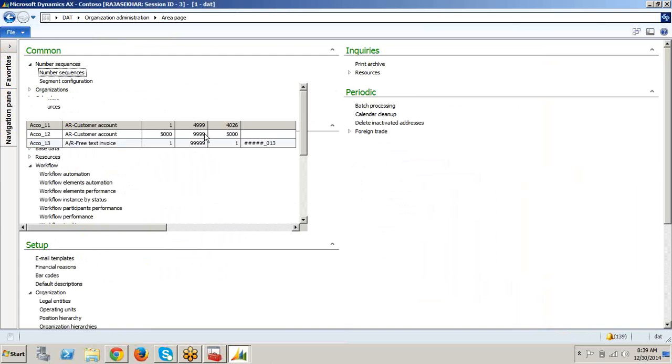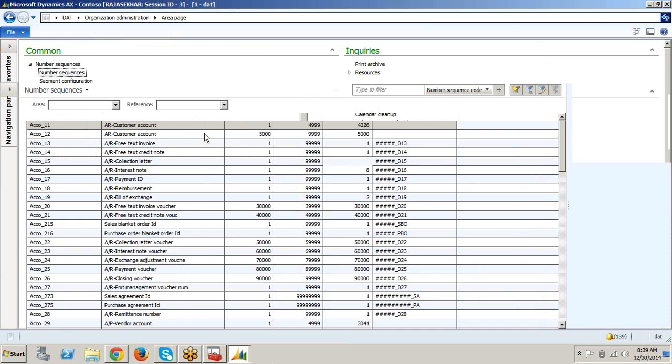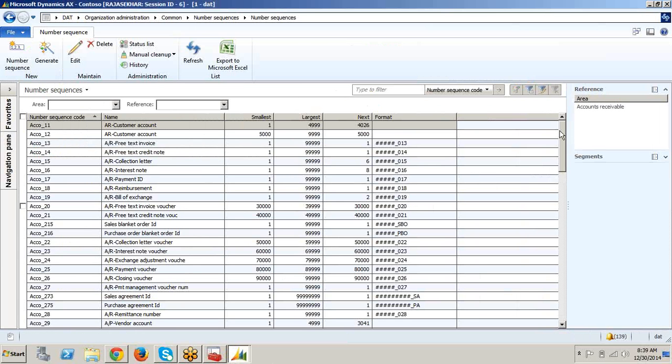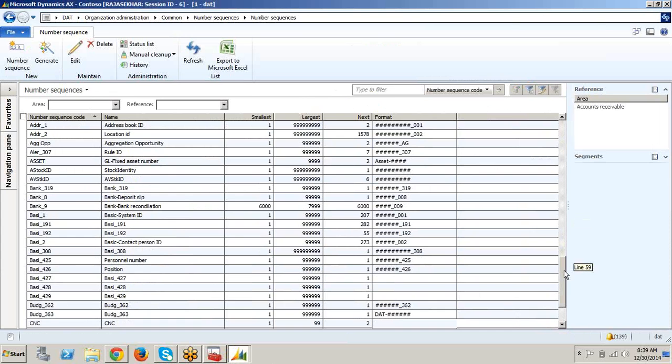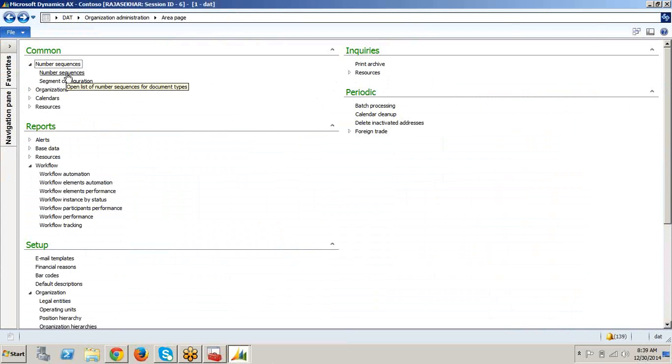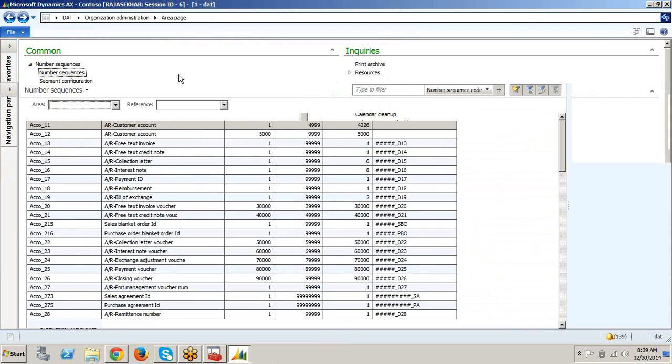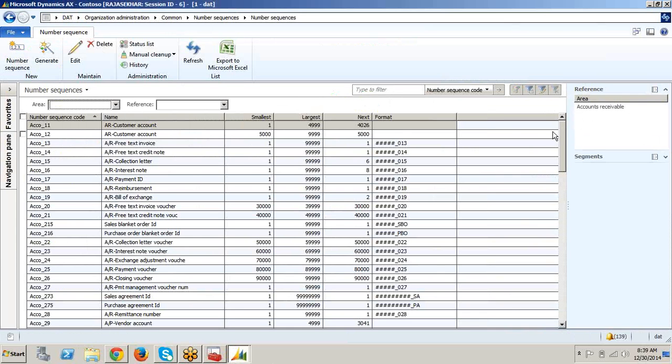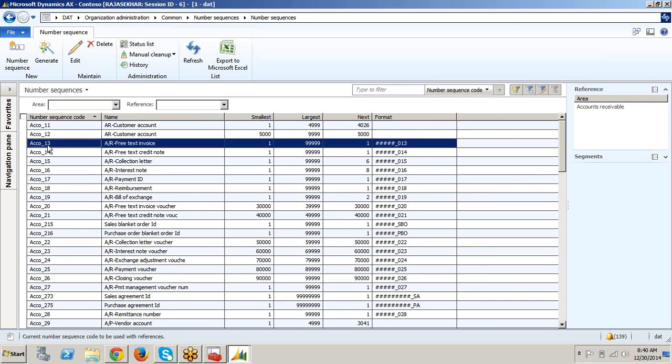These are all the different number sequences we have, in organization administration, common number sequences. Here these are all the existing number sequences. See, I have a number sequence code, and the number sequence will be generated like this: number underscore 013.